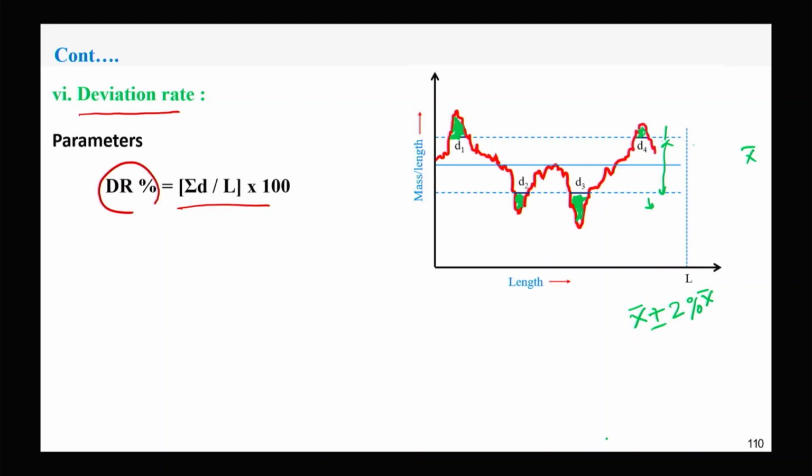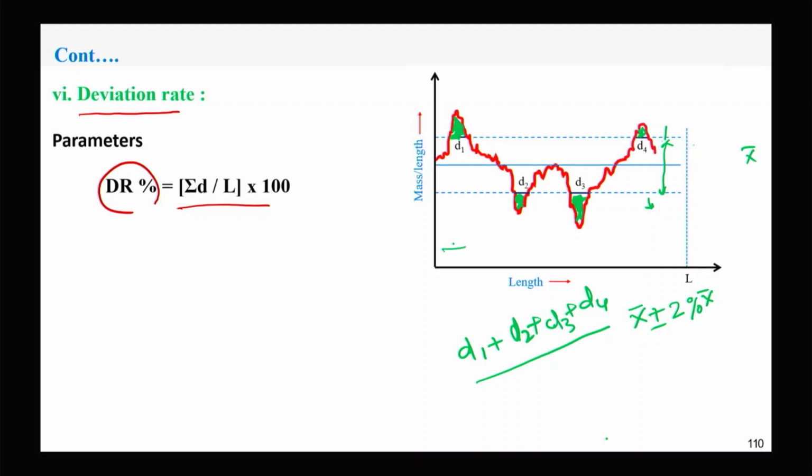Now we measure the length of the yarn which is exceeding that limit, and the total length of yarn we calculate. So here the total length of yarn which is exceeding the set limit is D1 plus D2 plus D3 plus D4. So these D1, D2, D3, D4 are the lengths of the yarn which is exceeding the set limit, and